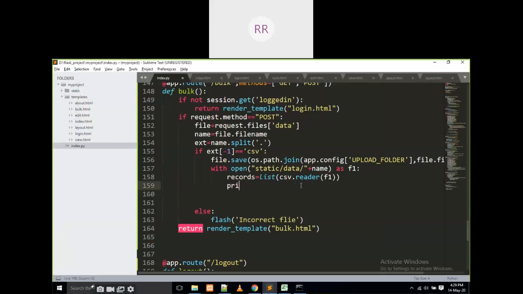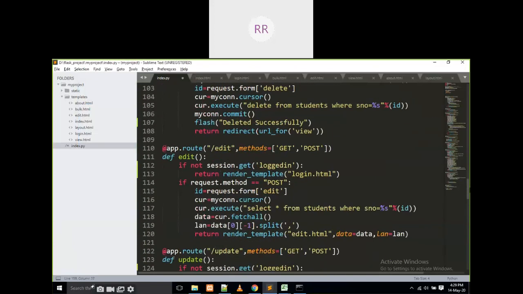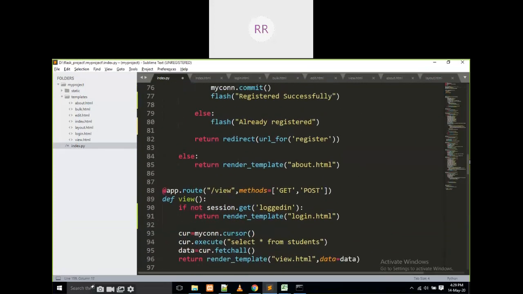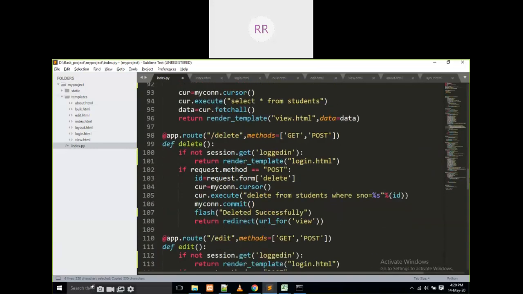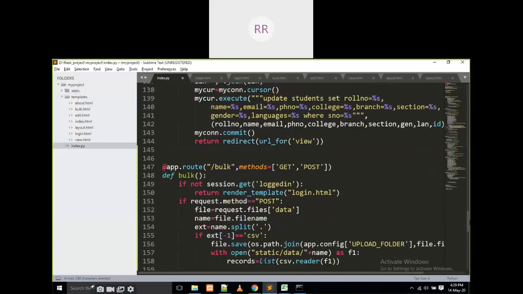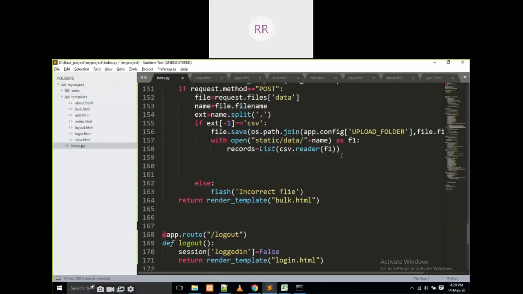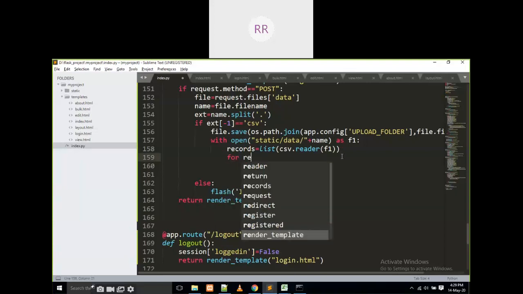How to insert the data into the database? There is one query. Yes, we are in the registration page. In the registration function, we already inserted the data into the database, right? I am going to copy this. Then what I have to do? Here I am going to write, for every record, I am going to insert. For record